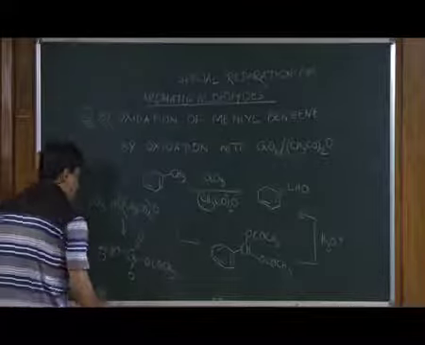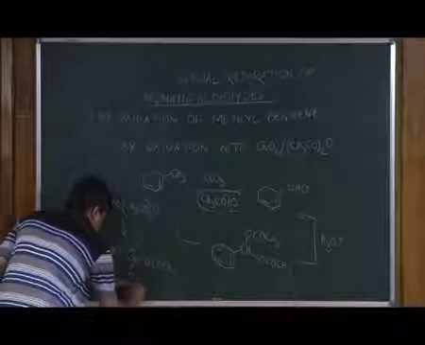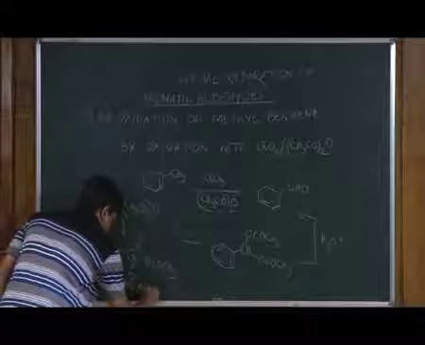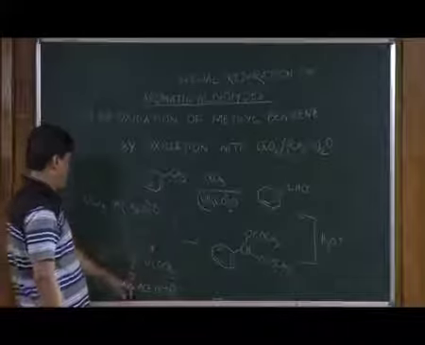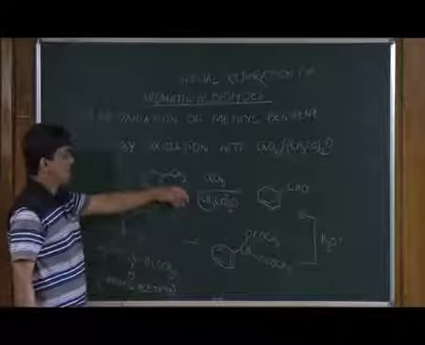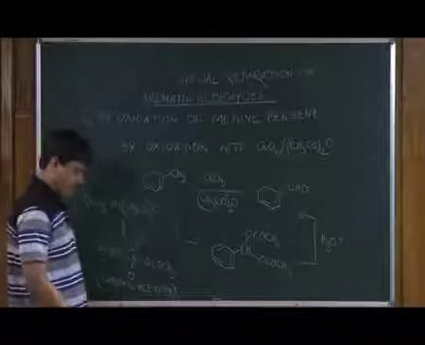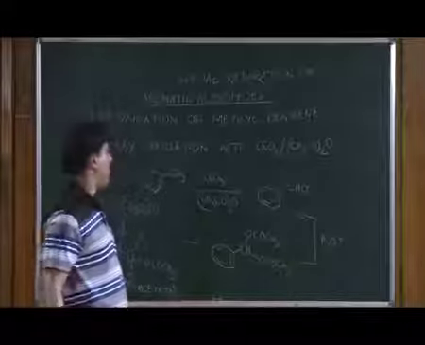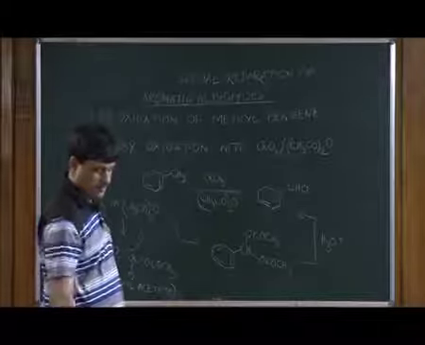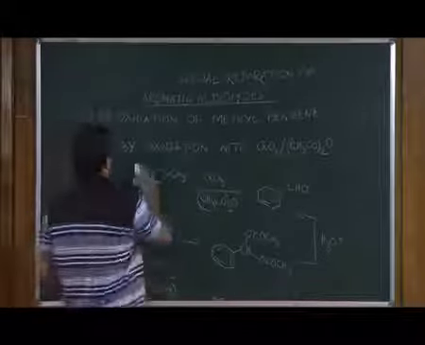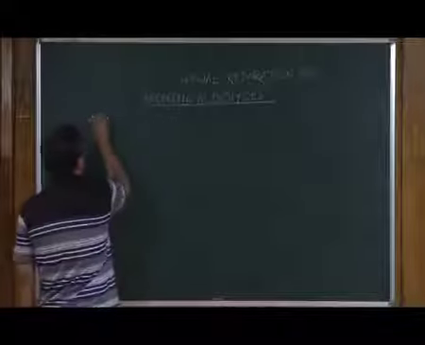So, chromium trioxide in acetic anhydride, chromium acetate forms. And this is the active reagent which reacts, and maybe a similar mechanism like the ene reaction and rearrangement, like the previous reaction, happens. The second procedure is the